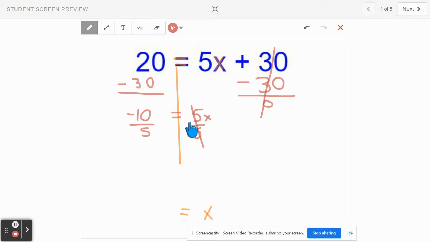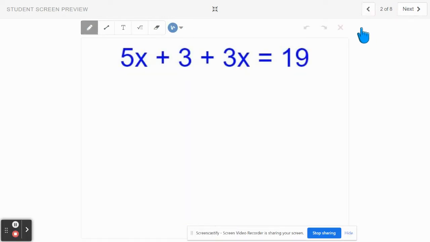Now you have x equals, this x is by itself now, 5 into negative 10. How many 5s fit into 10? 2. 2 5s fit into 10. And then you have a negative and a positive, so it's going to be a negative answer. All right? Hopefully you got there. Now, let's go to the next slide. We're not going to do them all, but I do want to go over